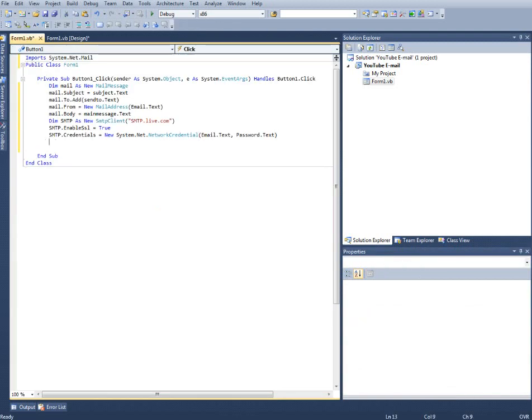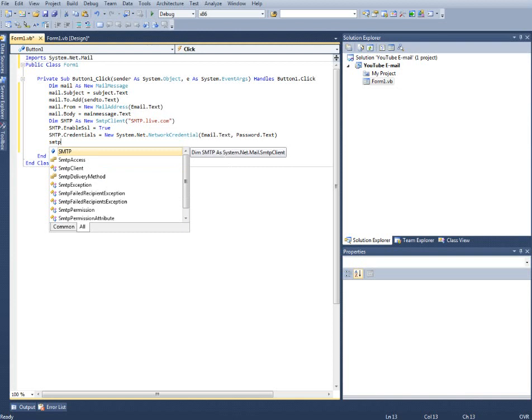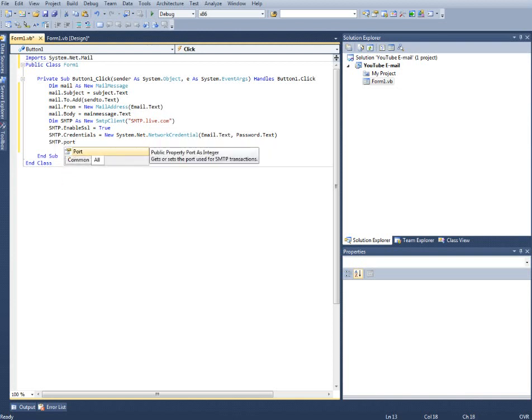So sorry if this tutorial's a bit slow, but things usually are, because you need to make sure that you're getting it right, you see. And then you need the port to send it over. That'll be,